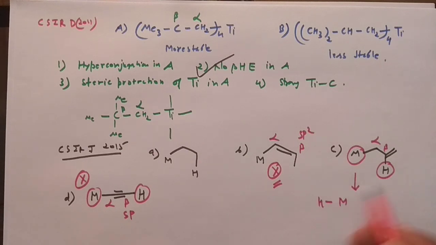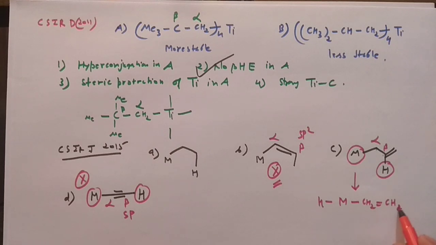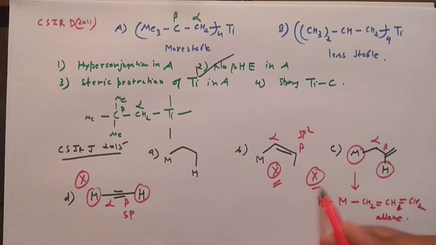Metal and hydrogen, because this hydrogen will shift over there, and then you have CH2 double bond, CH2, C1, C2 and the third carbon. So not like that, like CH2. Okay, you can draw in that manner. So this compound is an allene, and allenes are not very stable, so this reaction will also not occur.